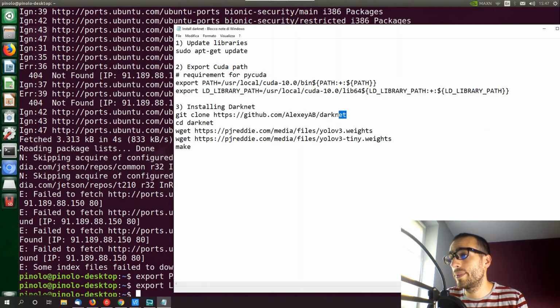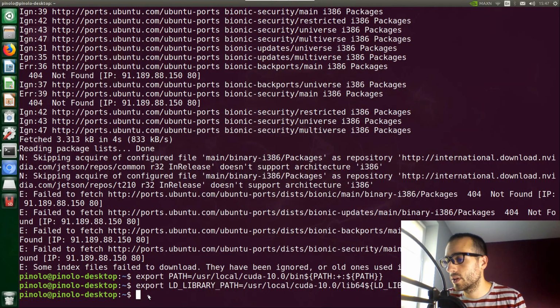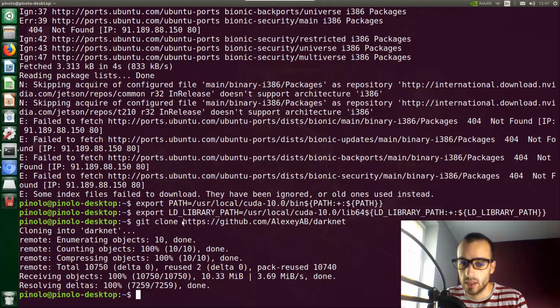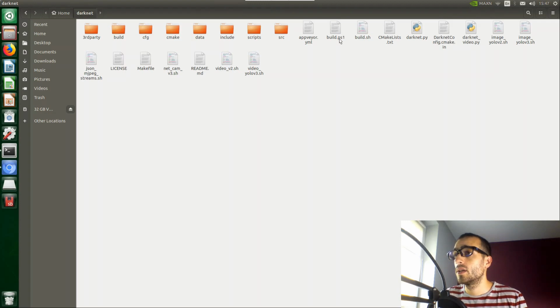First, we need to copy the folder from GitHub. So with this code git clone, we're going to copy the folder. Let's put the code right here. And so we have the folder, and if we check just here, you should see Darknet. Okay,